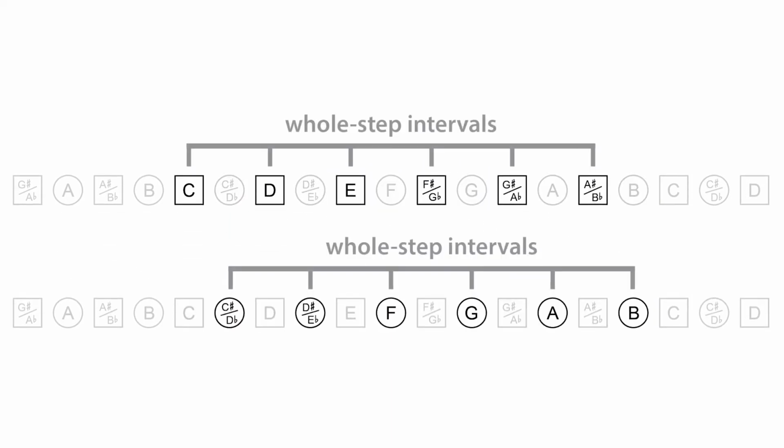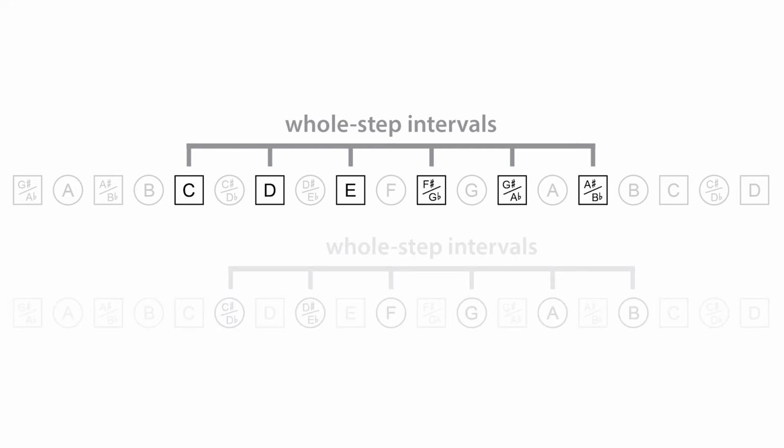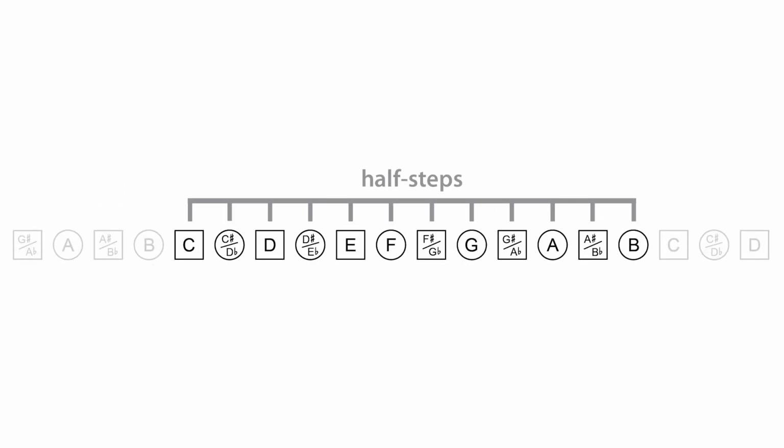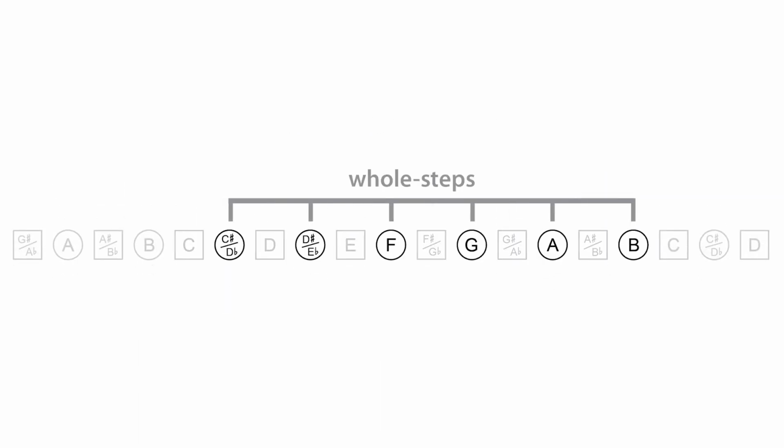A whole step interval, in contrast, is just a combination of 2 half steps. So you play a whole step by skipping every other note. And with the alternating shapes, it's easy to see as well, since all of the square notes are spaced at whole step intervals, as are the circles too. Get it? Half steps and whole steps are both very simple, and with the shapes as a visual aid, they're